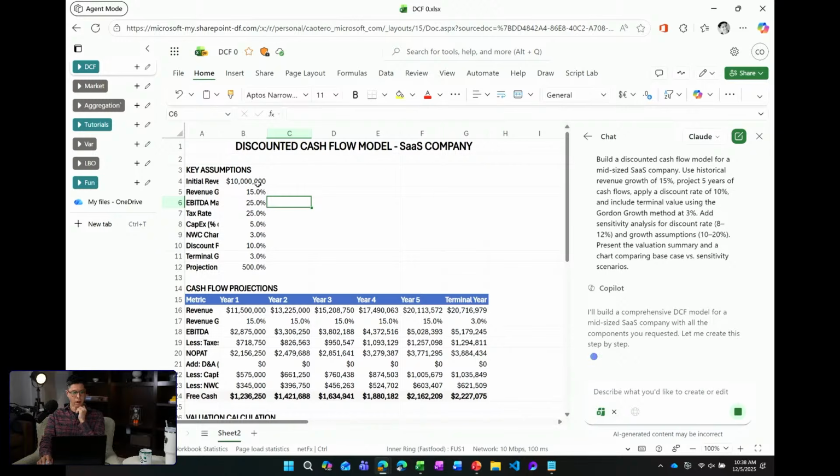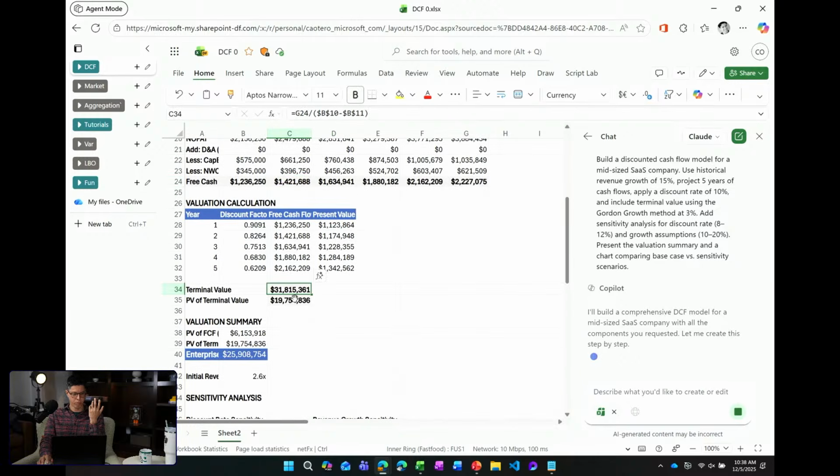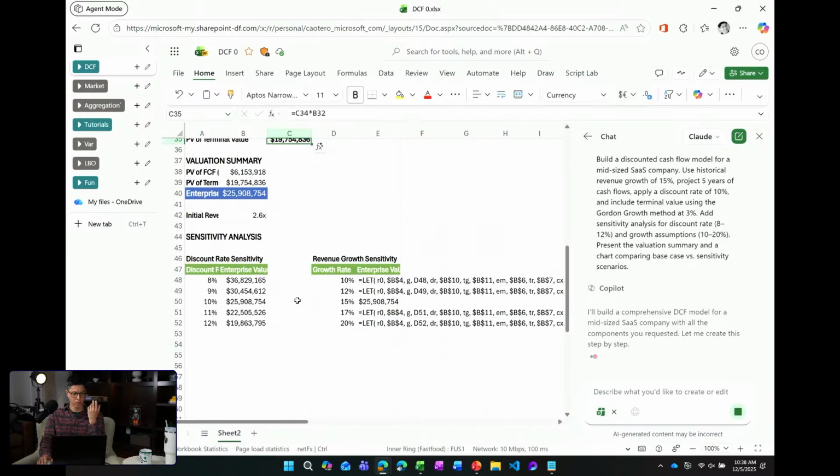Now, as I mentioned earlier, I used to work in finance myself, and I had to build a few of these many, many years ago. So I know how to build these from scratch, but this took less than a minute, right? And this should all be connected. It has formulas. It looks pretty reasonable, pretty coherent, all alive.